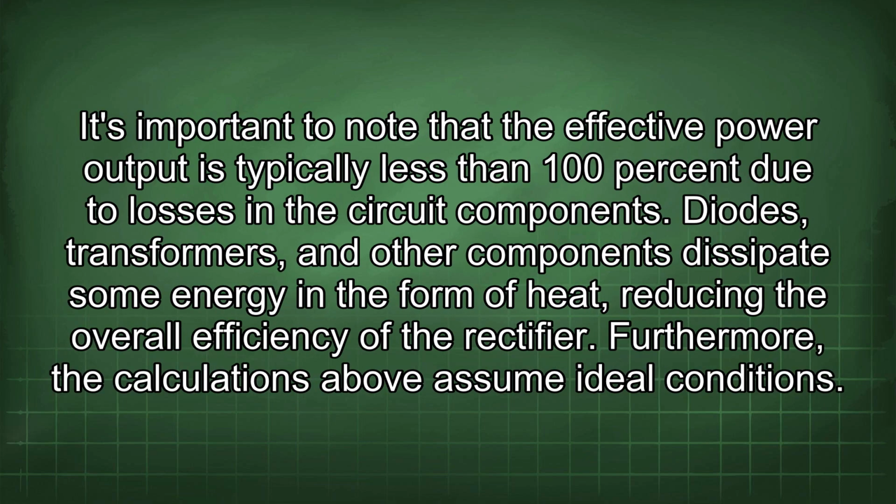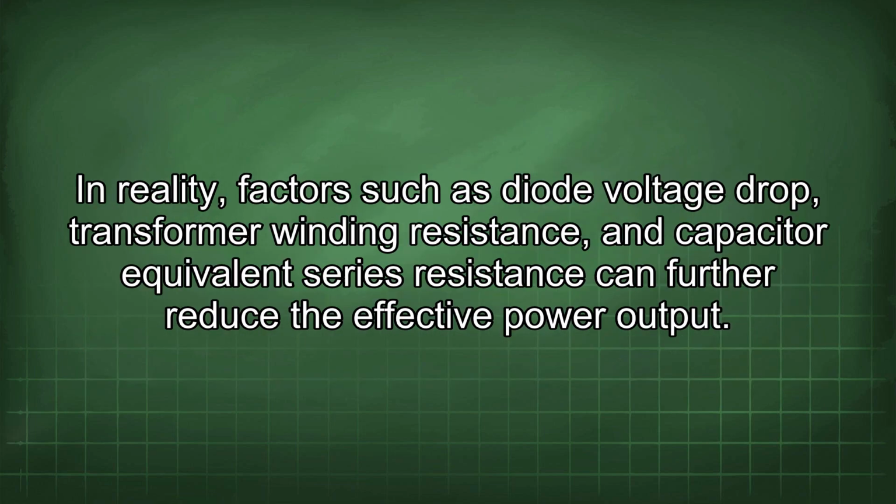watts. It's important to note that the effective power output is typically less than 100% due to losses in the circuit components. Diodes, transformers, and other components dissipate some energy in the form of heat, reducing the overall efficiency of the rectifier. Furthermore, the calculations above assume ideal conditions. In reality, factors such as diode voltage drop, transformer winding resistance, and capacitor equivalent series resistance can further reduce the